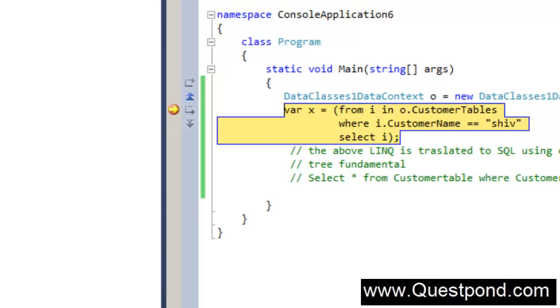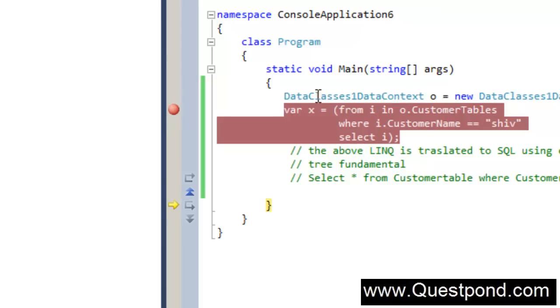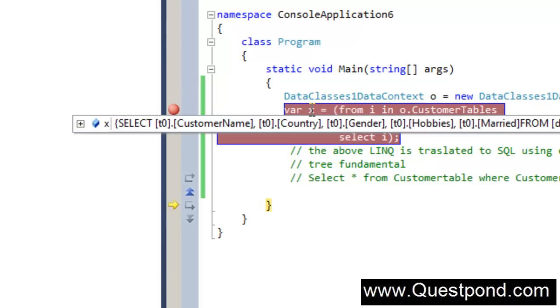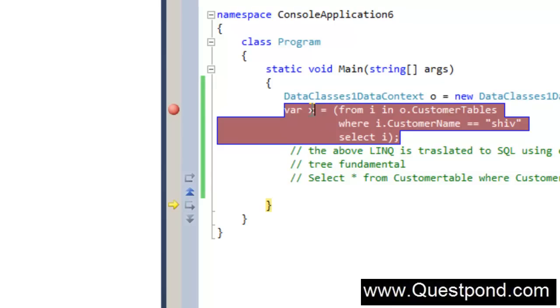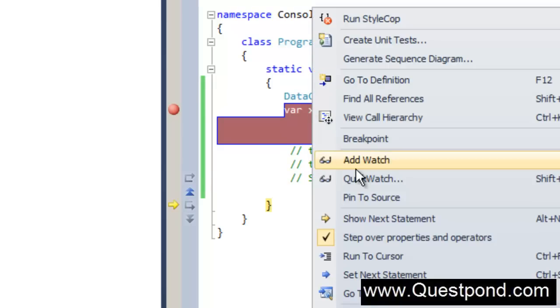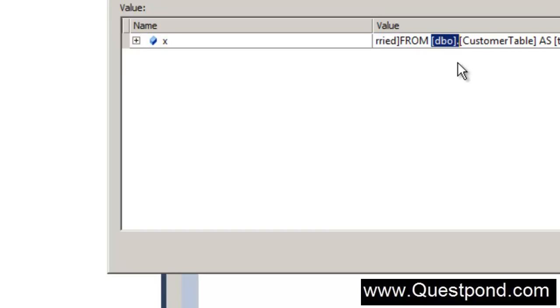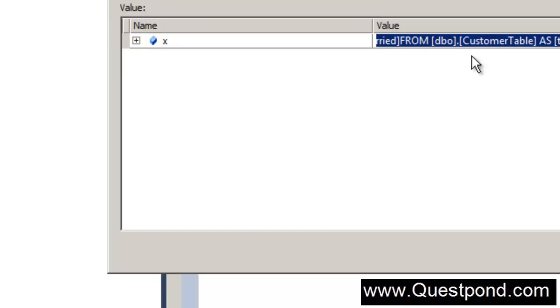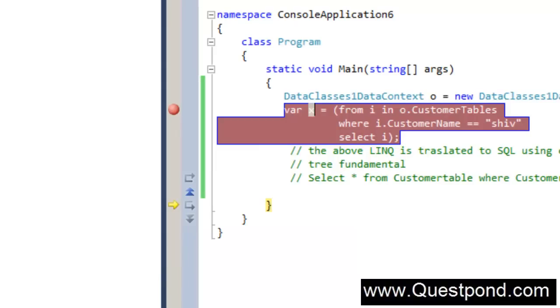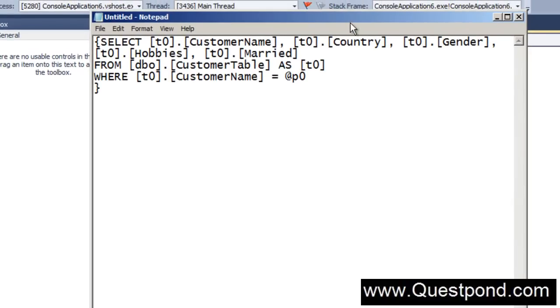Now if you run this, and take that X value and put it in a quick watch, and if I copy that, do Control A, Control C, and put that in Notepad, let me start Notepad and press Control V, you can see now